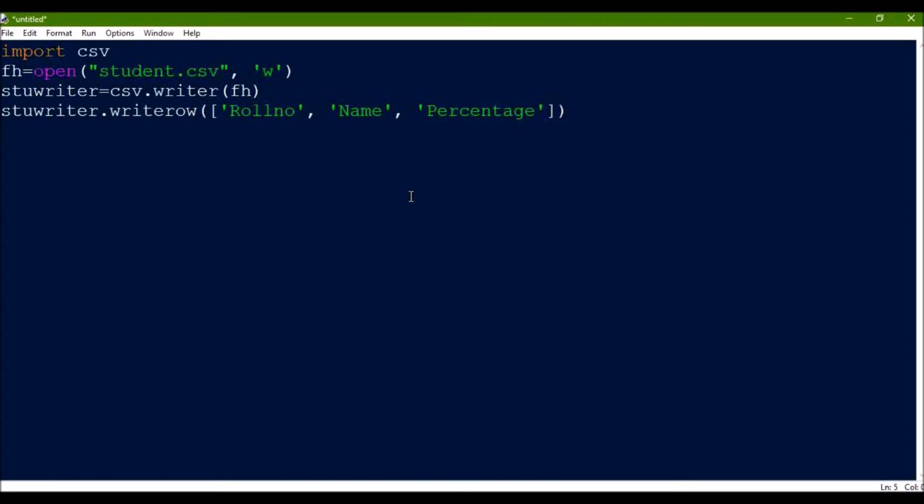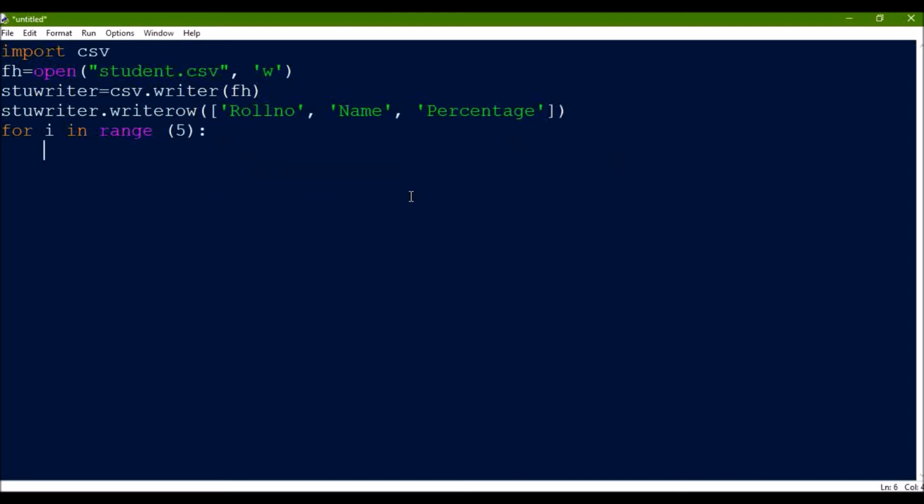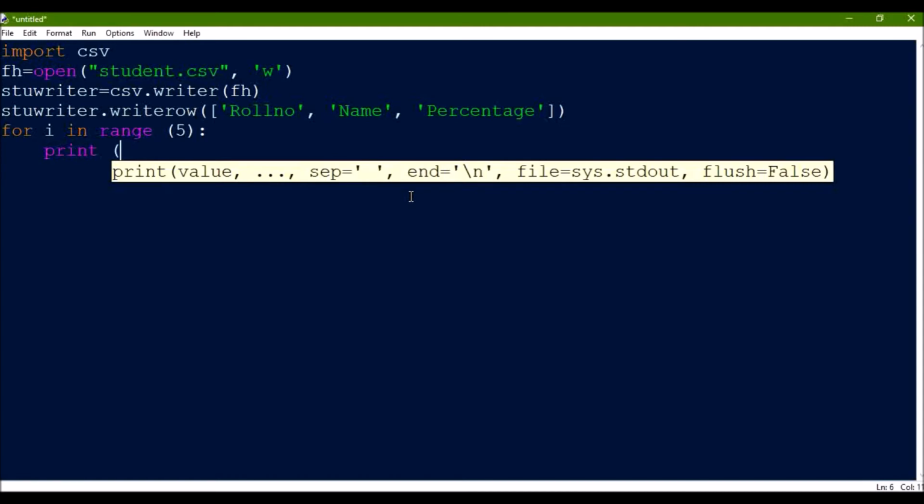After that, I'll create a for loop, and then I will ask the user to enter the values for the student record. So we need 5 records, so 5. Then I want to print a message about which student's record I'm entering.